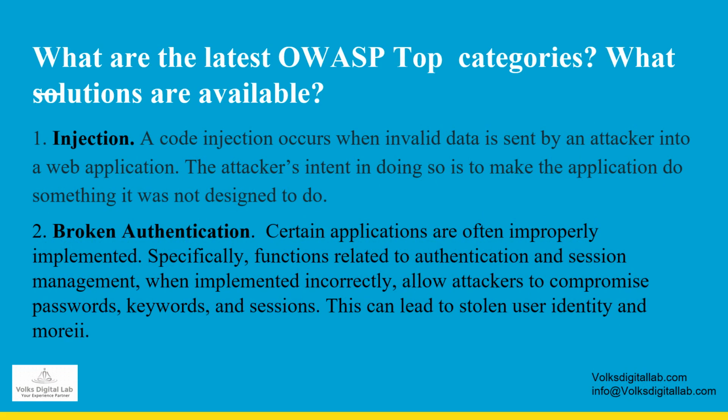What are the latest OWASP top categories? What are the solutions available? Number one, injection. A code injection is a method where invalid data is injected into a web application by an attacker. The attacker's intent in doing so is to make the application do something with